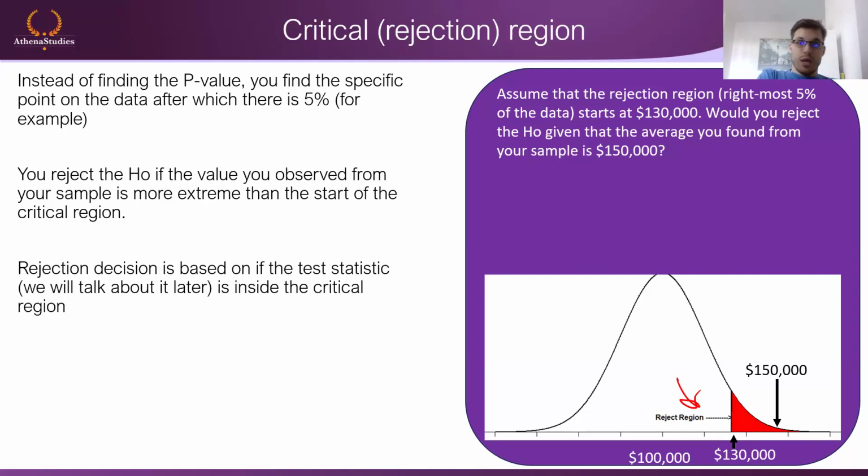So in our case, because we get 150,000, we don't need to go and find the p-value of this 150,000. Rather, we can say it's bigger than 130,000, which is the automatic rejection. We can now safely say we reject the null hypothesis of the mean being 100,000. Now, these are two ways of doing things. Most of the time the p-value version is going to be a bit easier because getting this value requires you to go to the tables and do some calculations. But let's not talk about that for now.